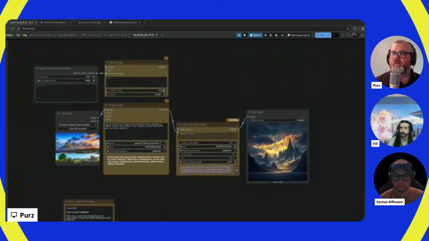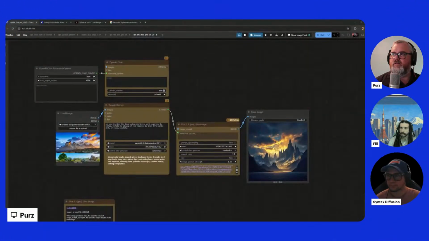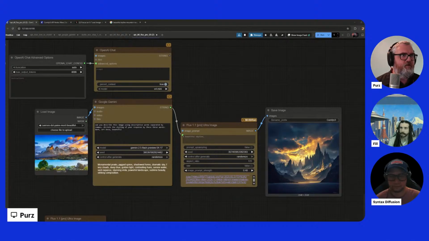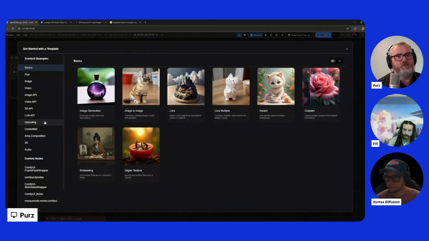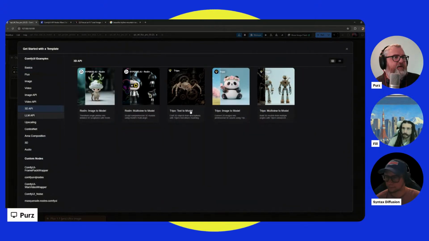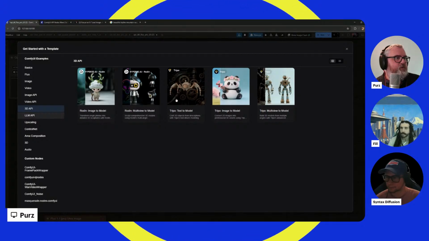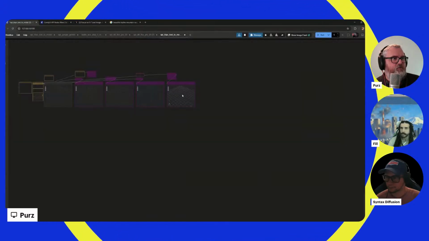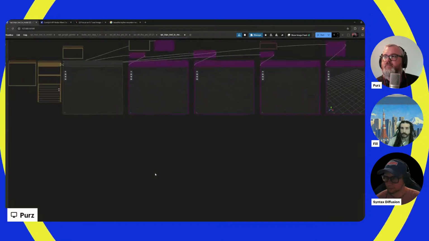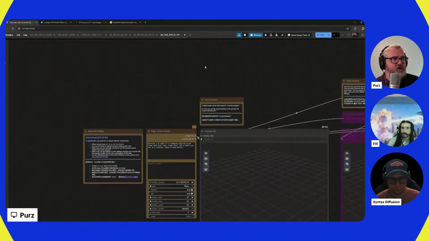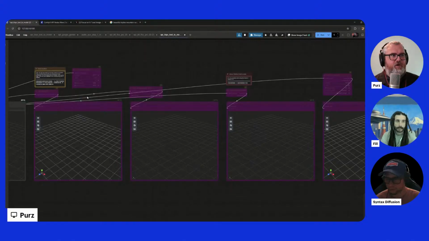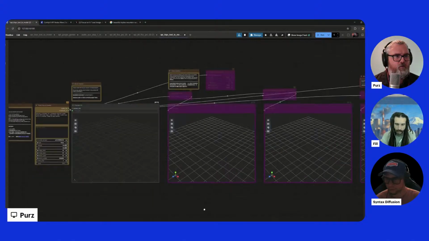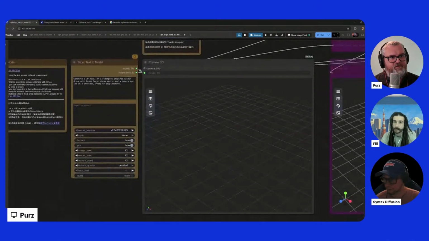Let me pull up my screen again here, and let's try workflow, browse templates. Nope. Workflow, browse templates. 3D API. We're going to go Tripo. Let's try just the text to model. We'll do one of these real quick. So the workflow starts up, and then everything is sort of bypassed down the line. So it starts out with the simplest thing,